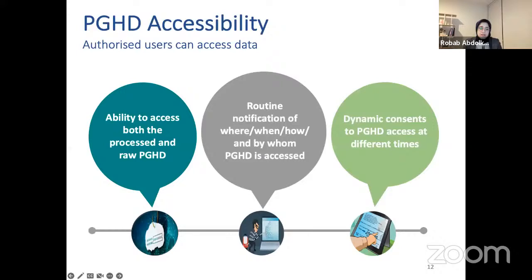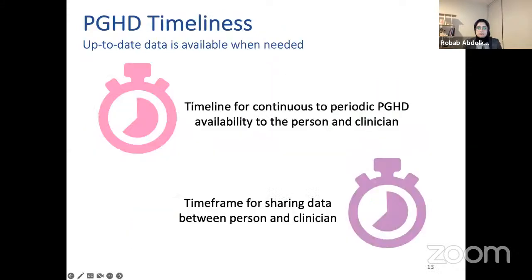The other aspect is timeliness, which focuses on the time of accessing data. We still don't have a protocol to define data availability on an ongoing or periodic basis in remote monitoring of even one type of disease. For example, some wearables of the same type are blinded. Some others show data during data collection. Some clinicians can only get the report at the clinic, some get it remotely. I found some people don't even call it remote monitoring because there is no remote interaction with the patient.